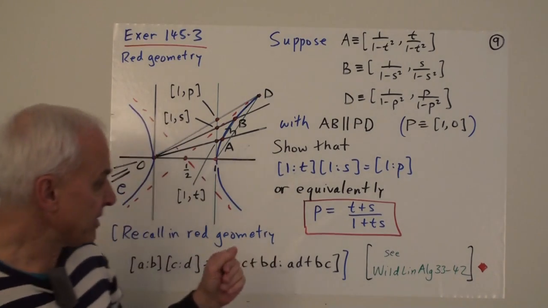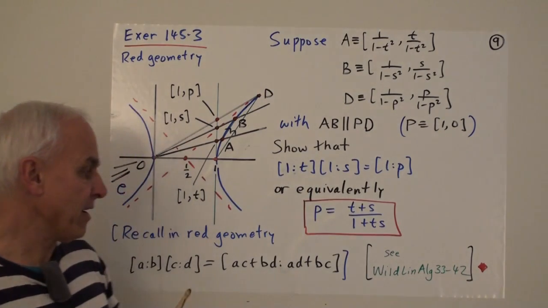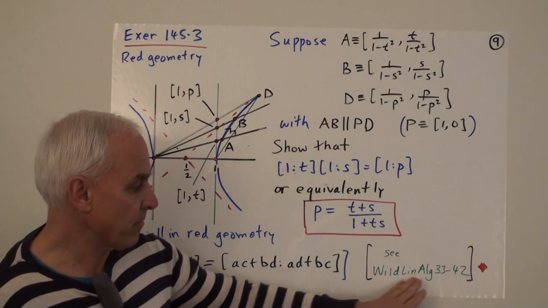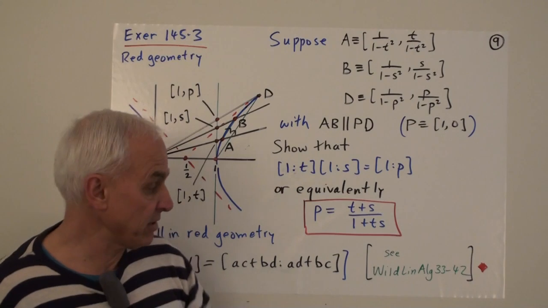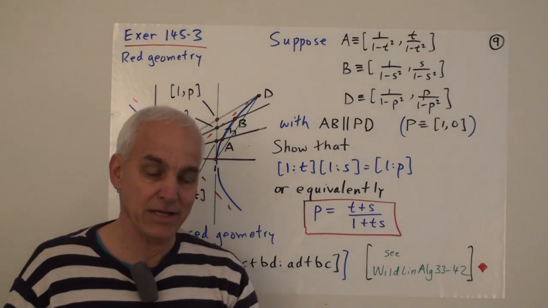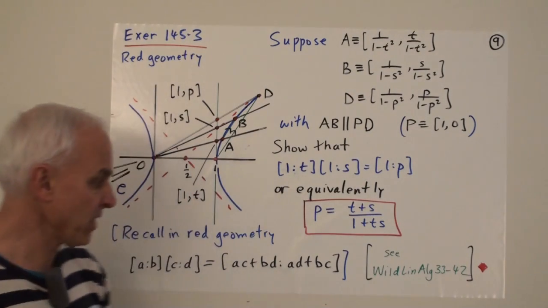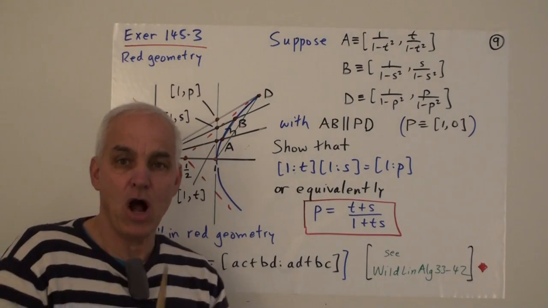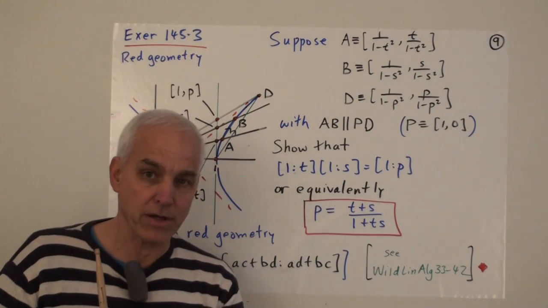If you're interested in this kind of alternate red geometry, you might have a look at some of the later videos in the WildLinAlg series, so roughly from 33 to 42, where I talk about some physics-oriented things, including relativistic physics, and also talking about the kinds of alternate complex number structures that are going on here.